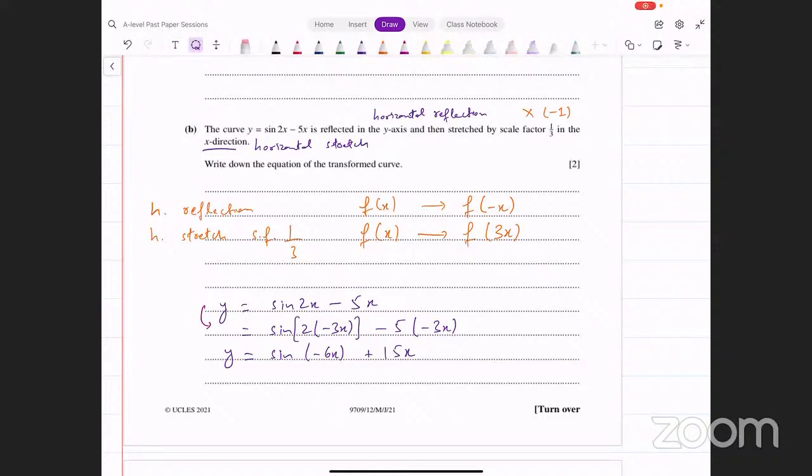ये आपकी transformed curve की equation होगी, which I'm going to show with a different color so that you know this is different from what we had originally there। Transformation के बाद आपके पास ये equation आ जाएगी, ठीक है। अब्दुल मोइज, यहाँ पे ट्रांसलेशन तो हो नहीं रही ना, यहाँ पे तो सिर्फ रिफ्लेक्शन और स्ट्रेच है। रिफ्लेक्शन और स्ट्रेच में ऑर्डर डज नॉट मैटर, आप कोई भी पहले कर सकते हो। अगर हॉरिजॉन्टल ट्रांसलेशन भी हो तो हम ट्रांसलेशन पहले करते हैं और स्ट्रेच रिफ्लेक्शन बाद में करते हैं।